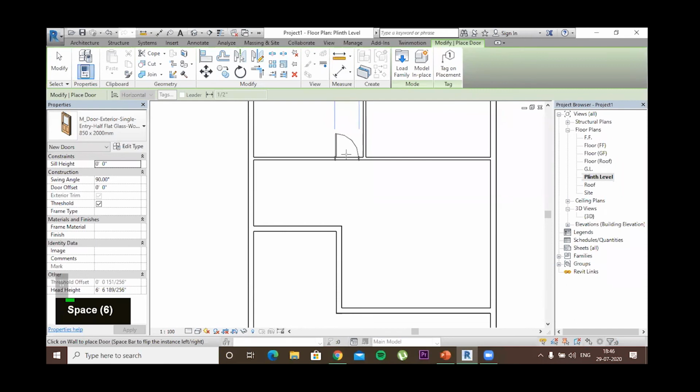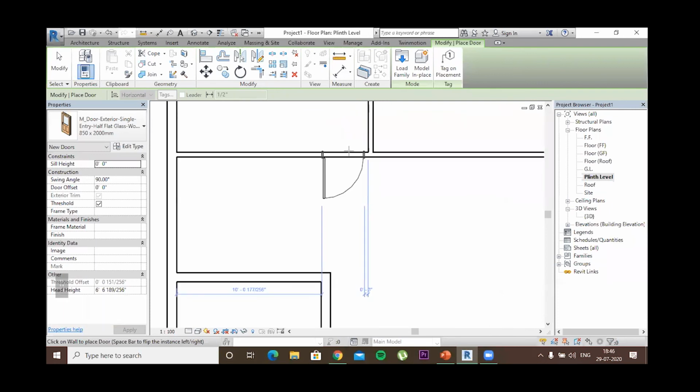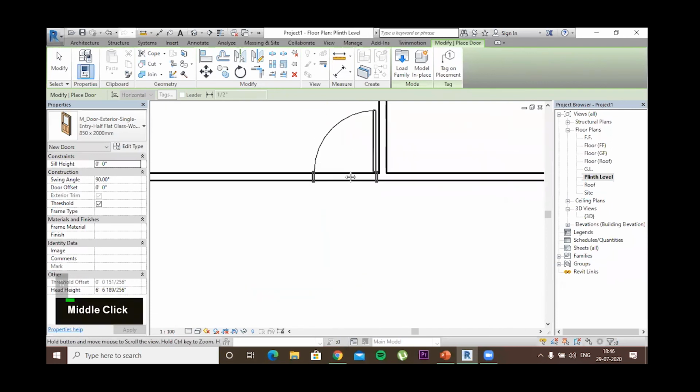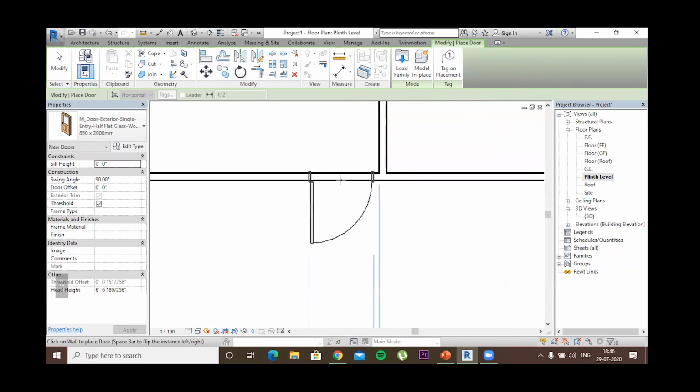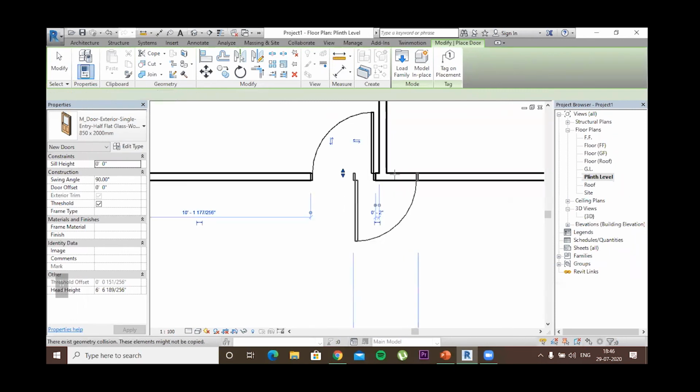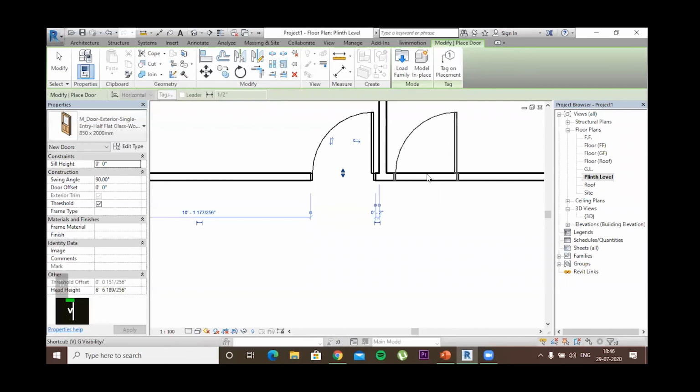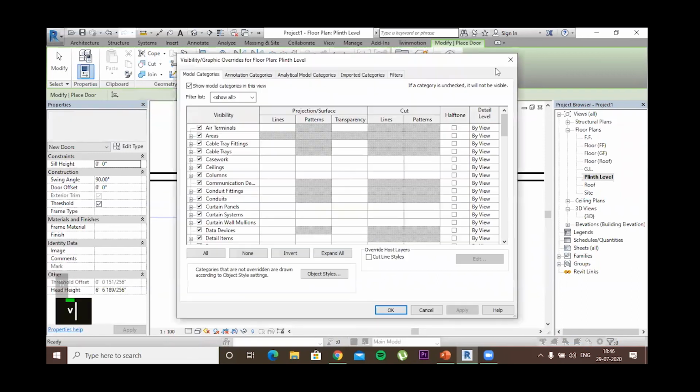So if you want the door to open inside the room or outside the room, I prefer it inside, because if you make an outside opening, it will cover the space outside the room whenever it is open. So we'll leave some space, and then we'll make one for the kitchen.